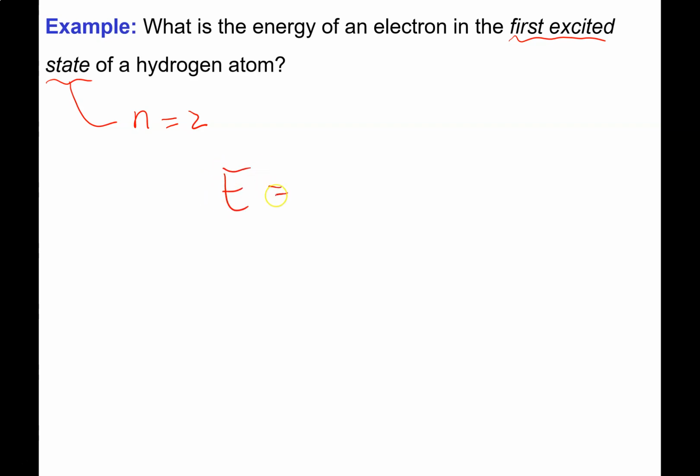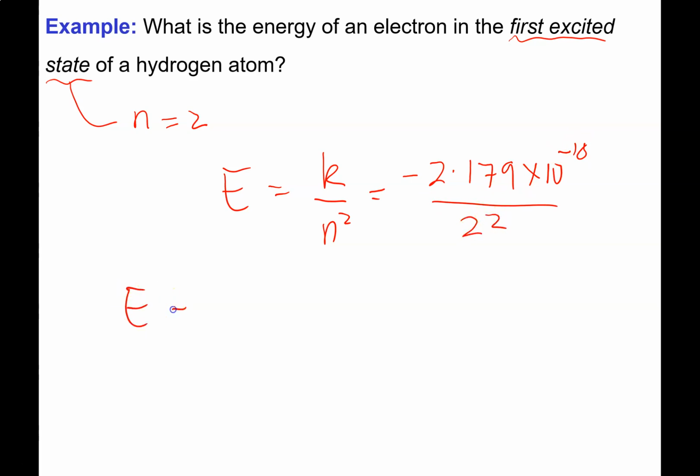E equals K over n squared. So that's minus 2.179 by 10 to the minus 18 over 2 squared. So the energy of this electron, and that's going to be in joules because the Rydberg energy is in joules, ends up being,